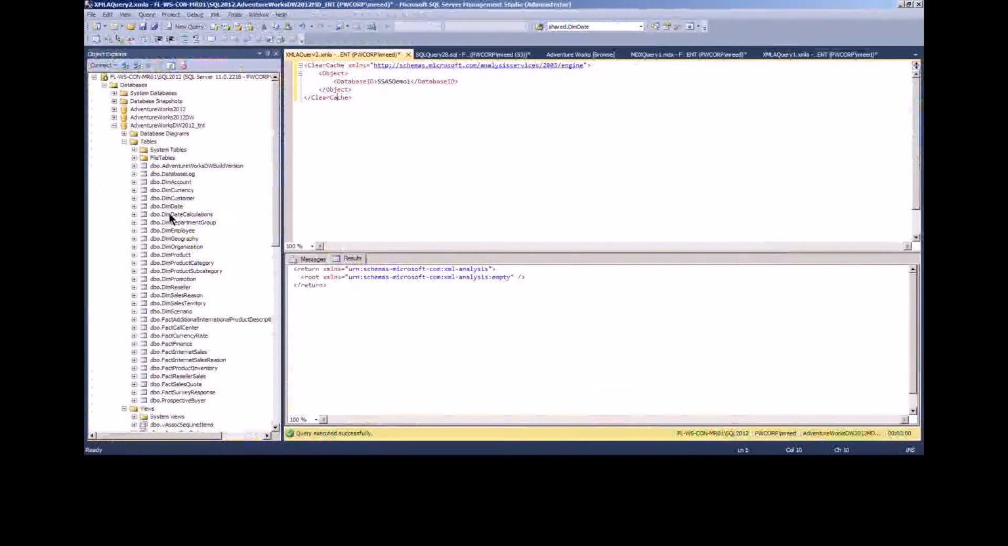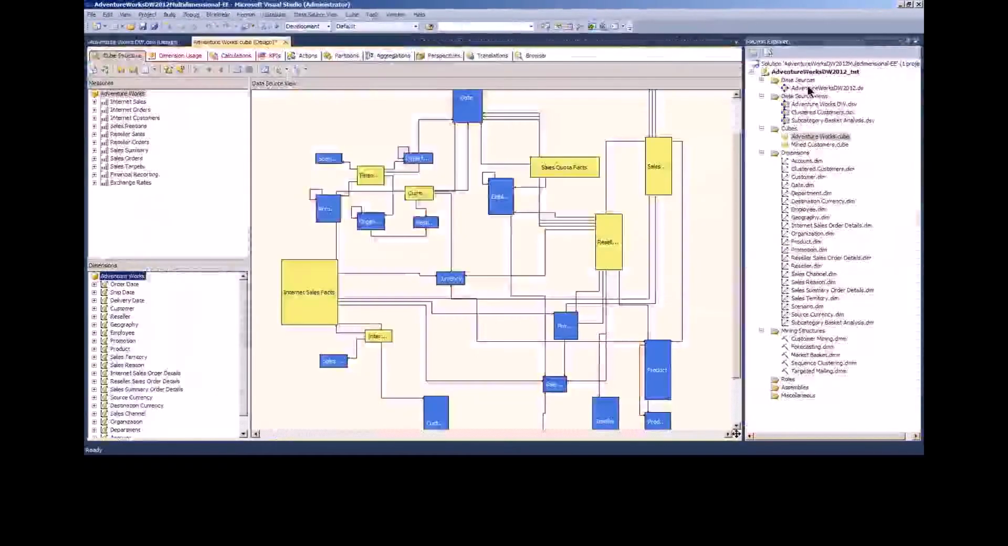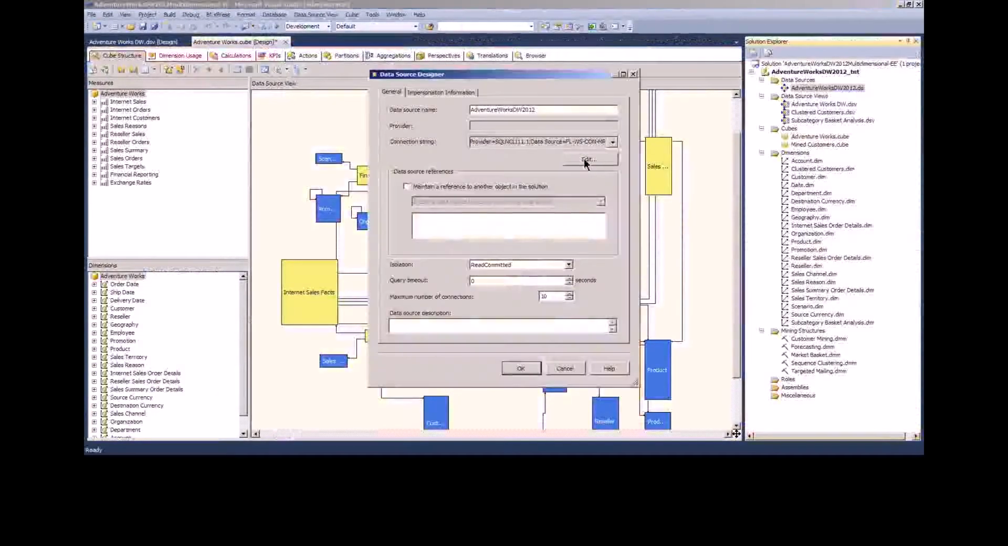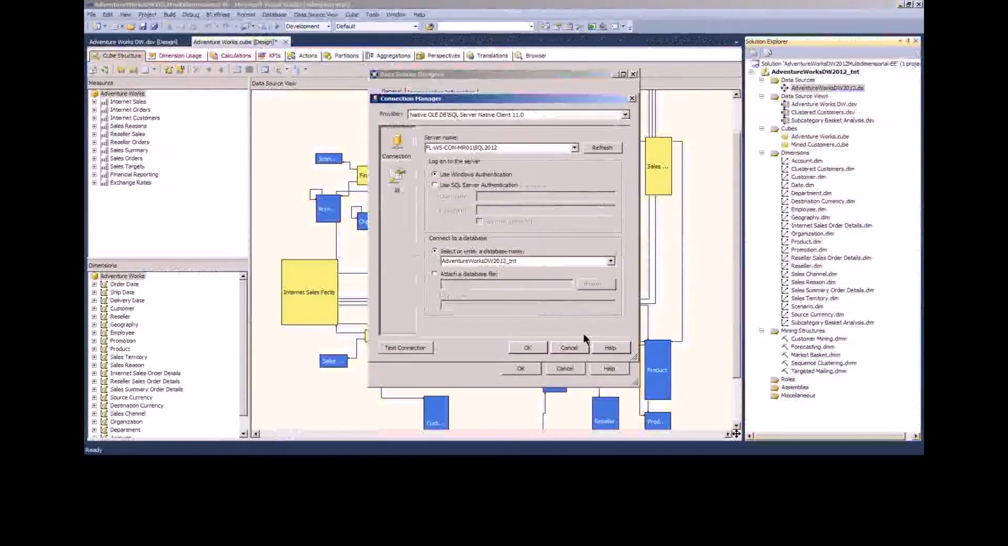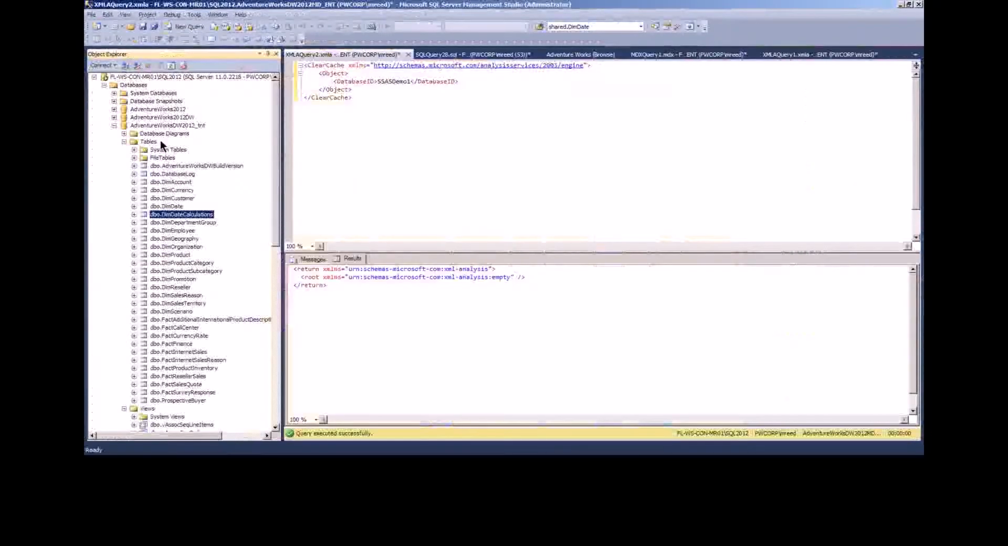I didn't really want that there. Let me check something real quick just to make sure I know where I'm pointed. Okay. So in this database, I've already done a little bit of work. So what we can do